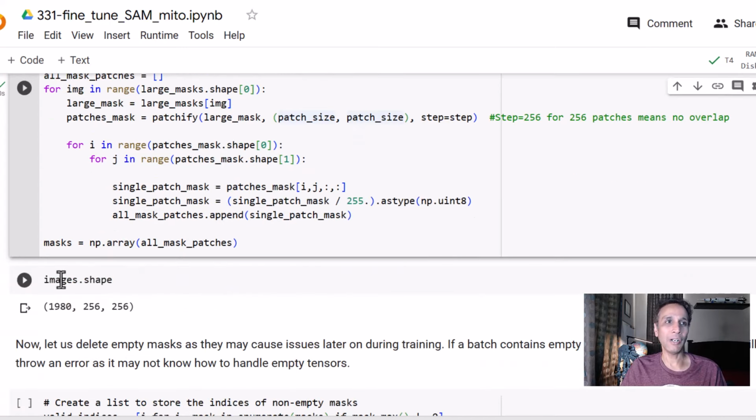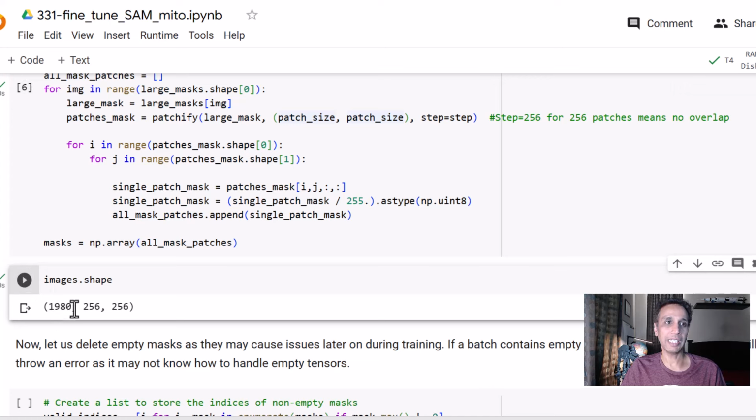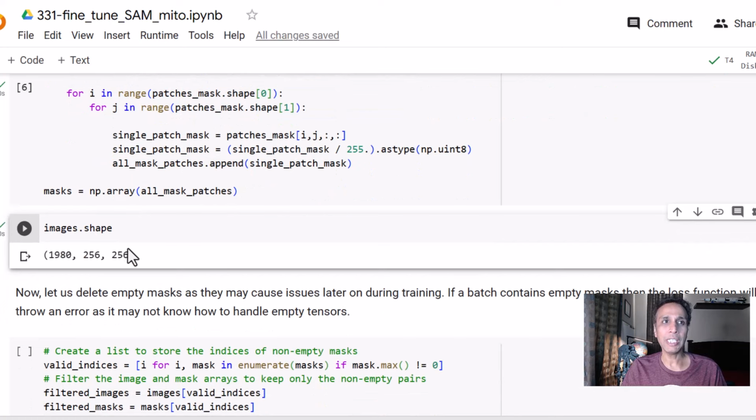Now let's go ahead and look at the shape of our images, and it's 1980 by 256 by 256. Okay. So our 165 images of 768 by 1024 are now 1980 images of size 256 by 256. Same with the masks. Okay, now you can go ahead and proceed right here, but in my specific example, in